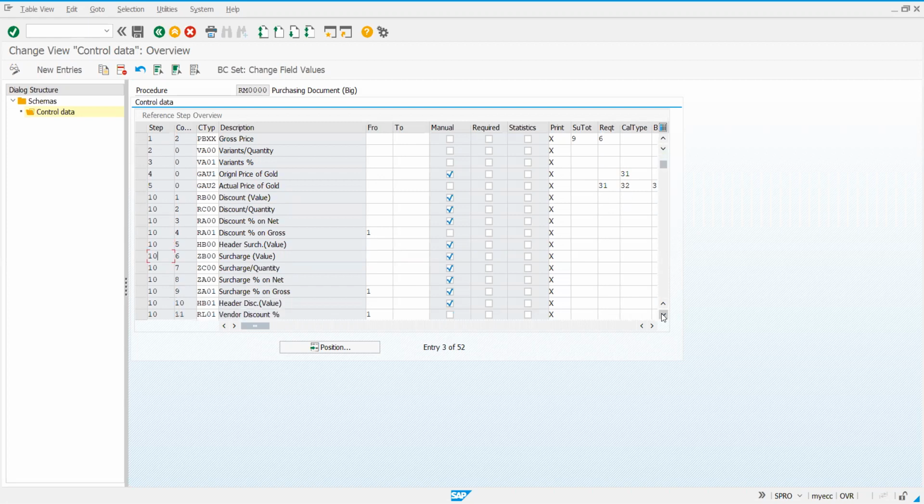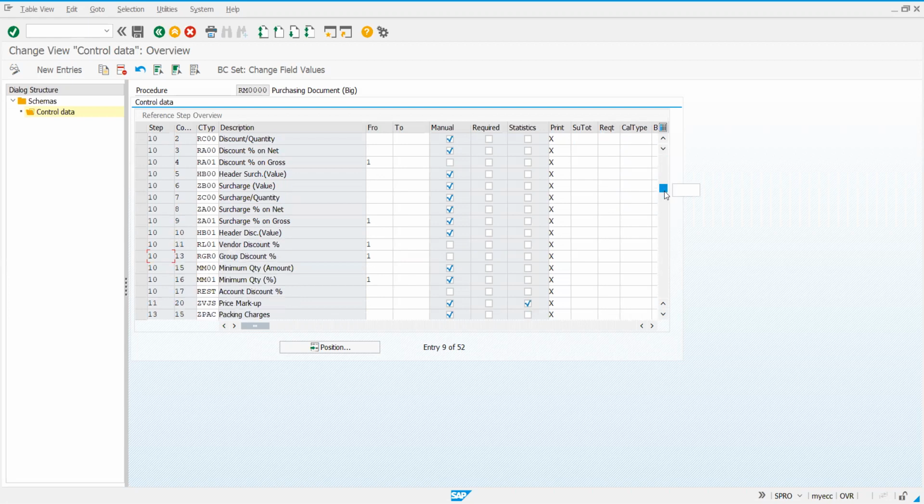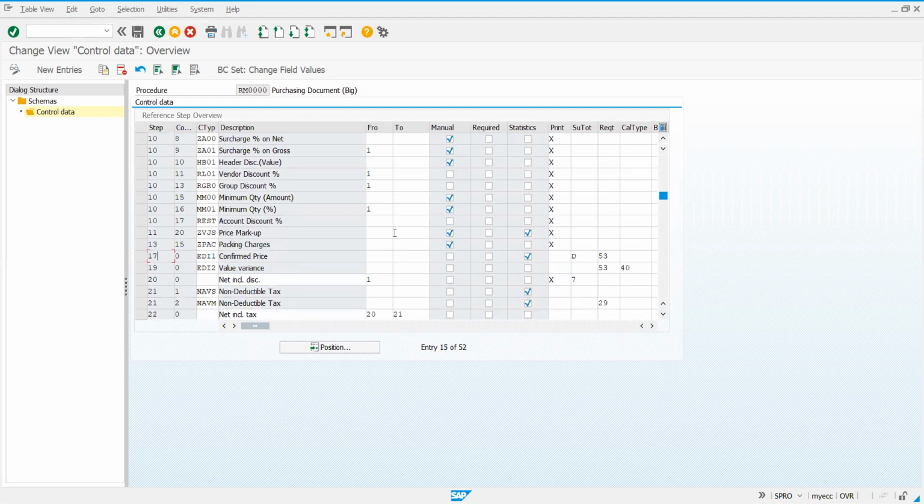Further I will take you to net price. See, vendor discount RL01 we have. Let me drag a bit so that I can go to net price. Now you observe net inclusive of discount. So from gross price, all the discounts are considered.